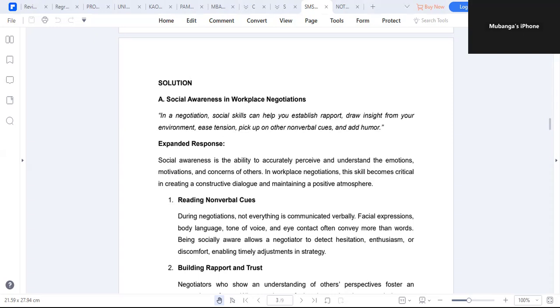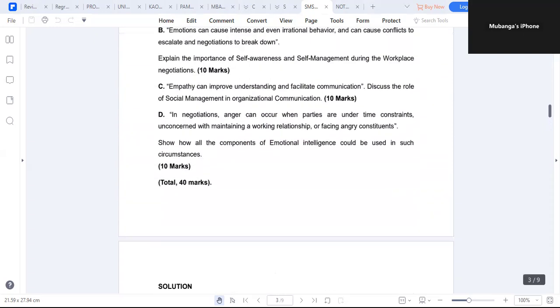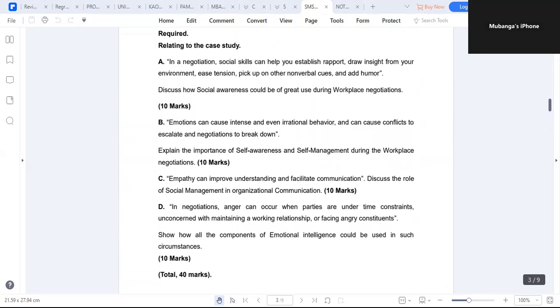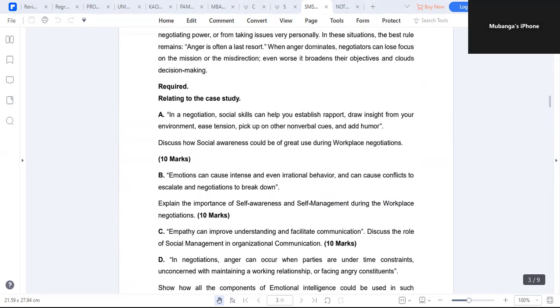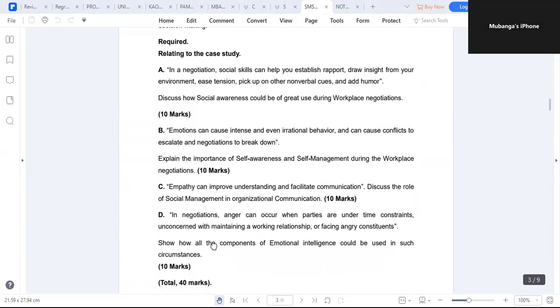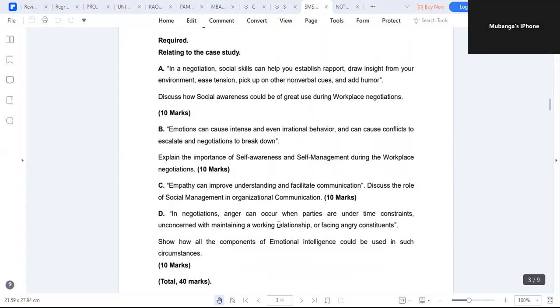So before I get to look at our solutions, maybe what do you pick up from what we have read and learned? How does social awareness help during negotiations in the workplace, in your own language and understanding? Okay, in my own understanding,